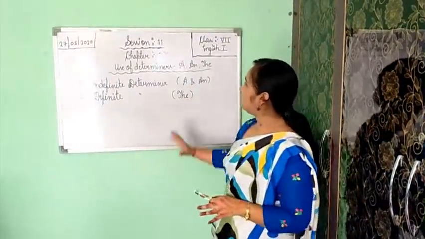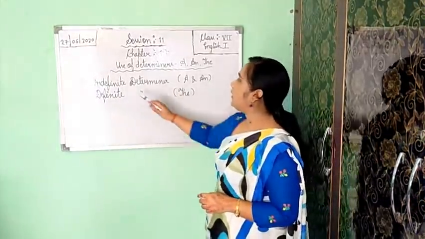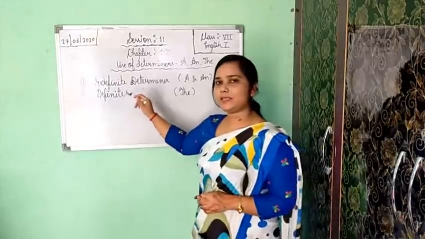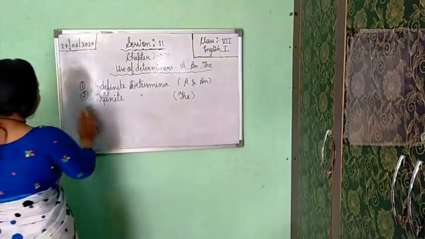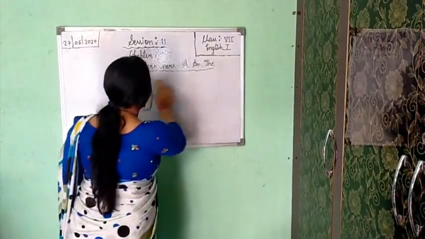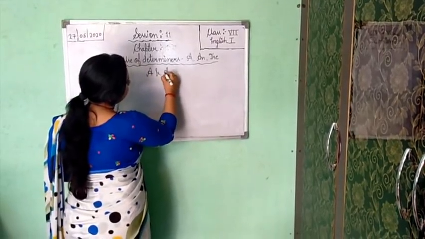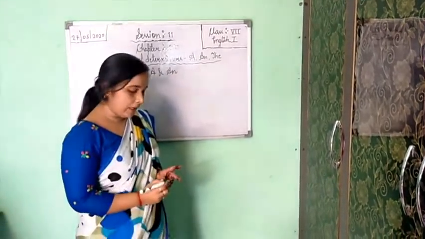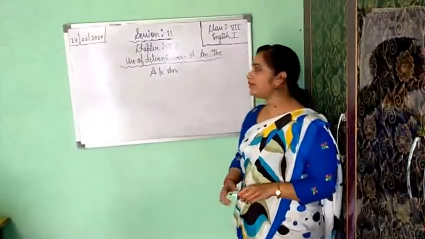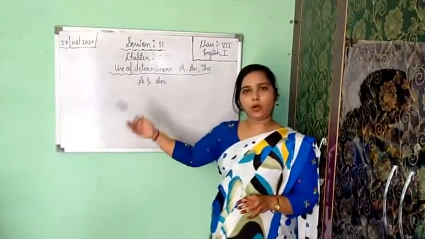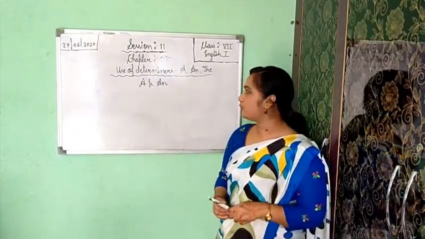So these were the topics about what is a determiner, how will you define a determiner, kinds of determiner, what is the indefinite determiner, what is the definite determiner. It is clear. Now see, firstly we will see what are the uses of a and an. First we will see a and an, that is your indefinite determiner. If you are getting the word indefinite determiner, then always you will get either a or an. Now when you will get a and when you will get an, just focus on this.